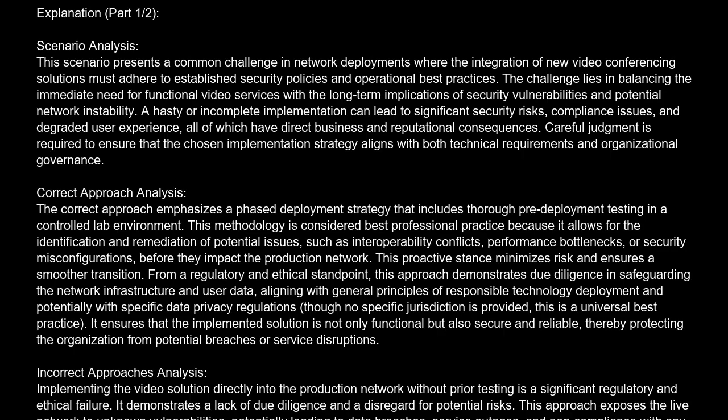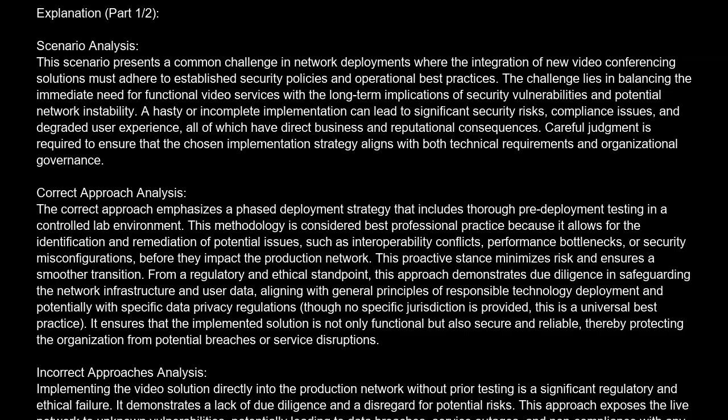Correct answer is D. Implement the video solution directly into the production network, relying on vendor defaults for configuration and security settings to expedite deployment. Explanation. Scenario analysis. This scenario presents a common challenge in network deployments where the integration of new video conferencing solutions